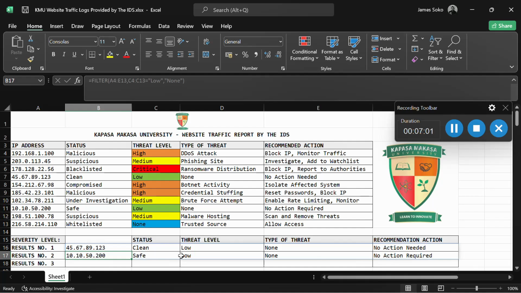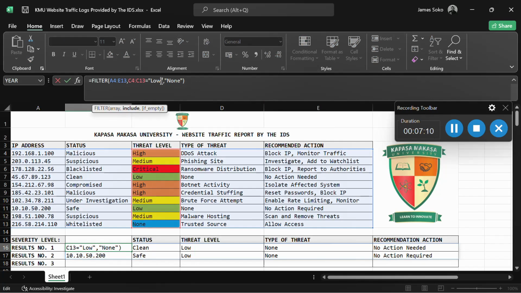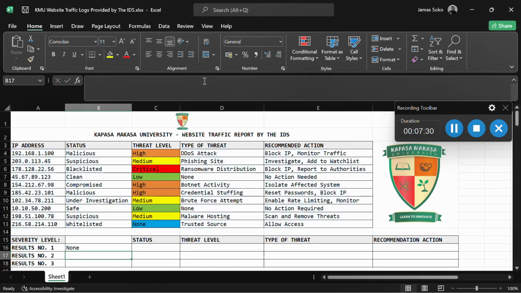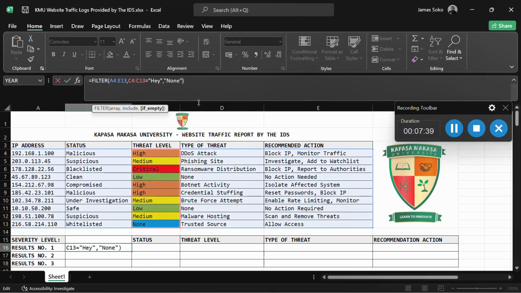Okay, now in a case that what you are filtering, such as this, does not exist, let me say I put a threat level which is not a variable by saying maybe hey. So this is not part of this threat level. So it will print out none, because none is a comment which should display if something is not found. So you can see it's printing out none. But this comment you are seeing is actually optional. So in a case whereby we don't want to print out this none, we'll just get rid of that comment.